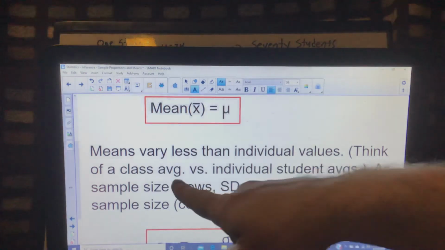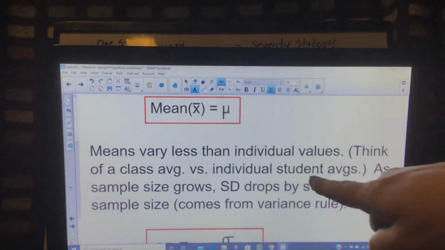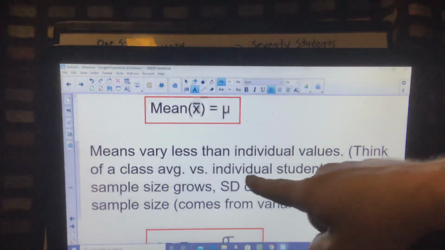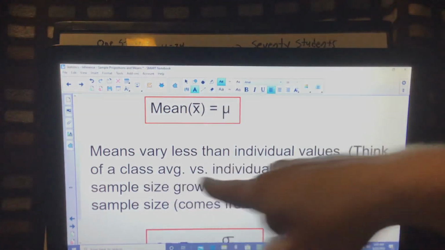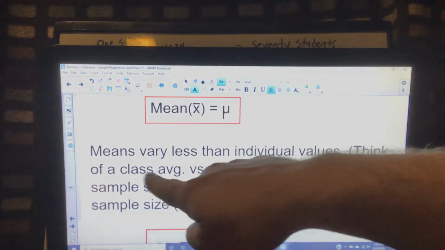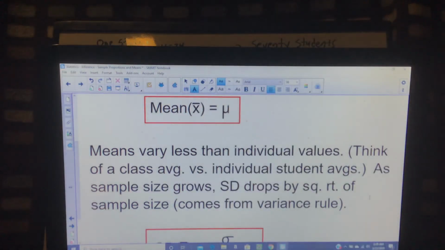Think of a class average versus an individual student average. Students themselves will vary more than the entire class. For example, amongst students, it's not uncommon for some students to have an average of failing, 50 or 60, and other students to have an average of 90 or 100. But when I look at my class averages, they are very